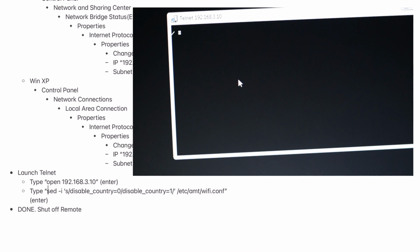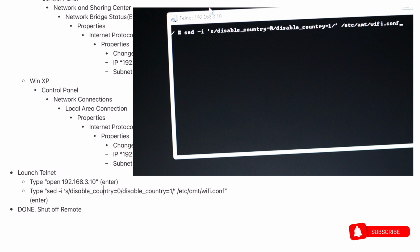Then you're gonna type this line: sed space -i space apostrophe s slash disable_country=0 slash disable_country=1 slash apostrophe space slash etc slash amt slash wifi.conf. So you're basically switching this parameter, disable country, within the remote from 0, which means it's disabled,